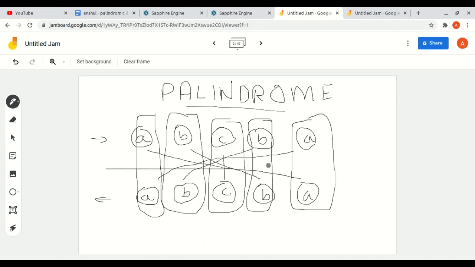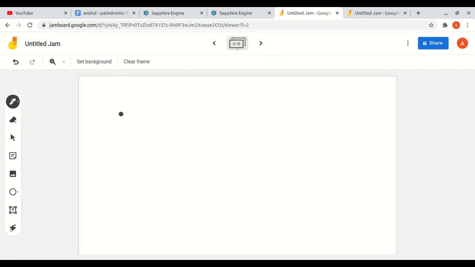So this is a palindrome. The question is, you are given a linked list and you have to return whether it is a palindrome or not. How do we tackle these types of problems?